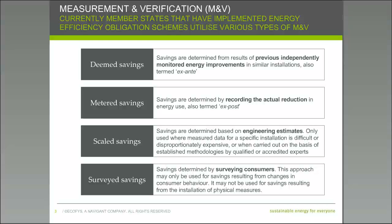Looking at Annex 5 of the Energy Efficiency Directive, there are 4 types of measurement and verification methods prescribed in the EED. These are the deemed savings approach, the metered savings approach, the scaled savings approach, and the surveyed savings approach. Basically, the deemed savings approach uses predetermined savings parameters to calculate the impact of an energy efficiency measure that is